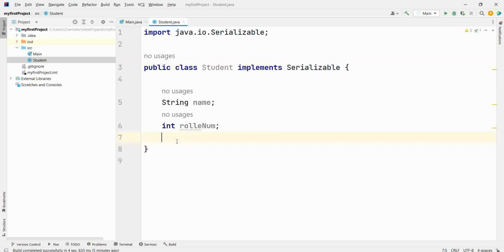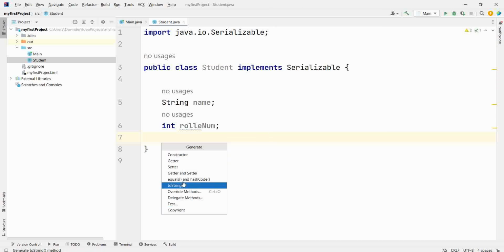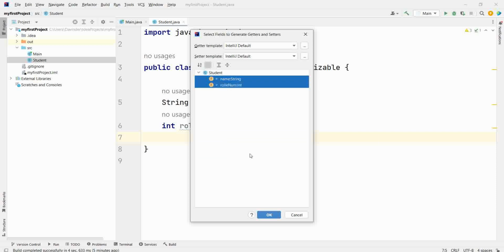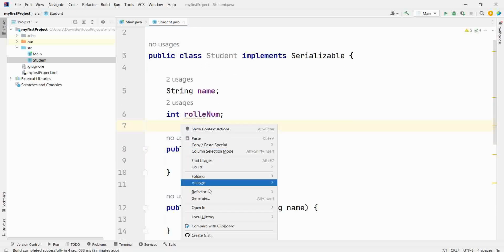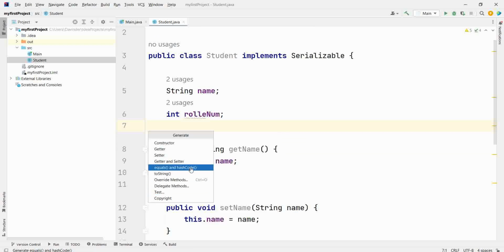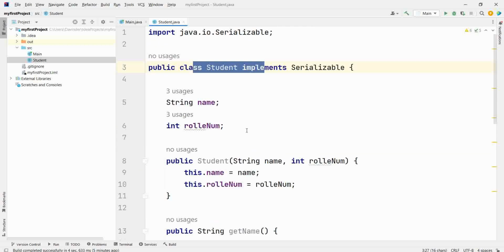Now, let's have getter setter. Right click, then generate getter setter. Let's have one constructor as well, which is a parameterized constructor. Now our class is ready.